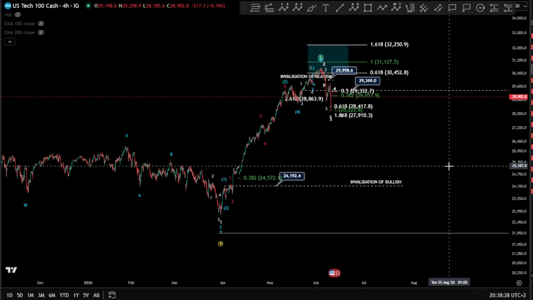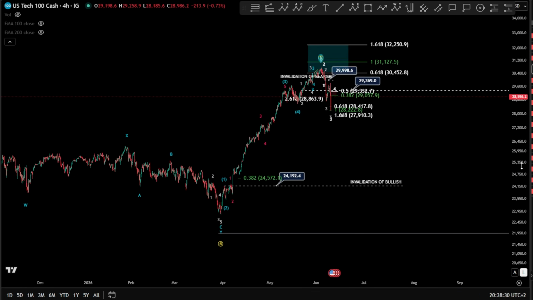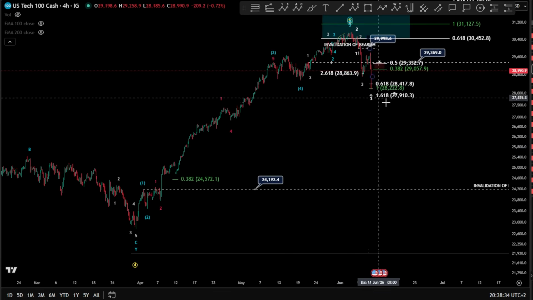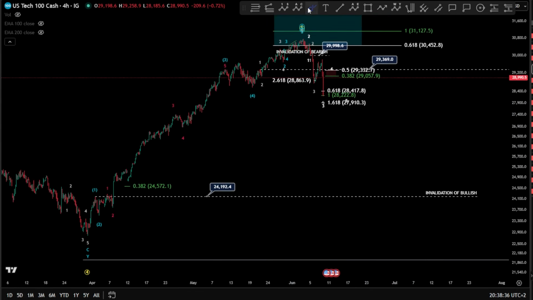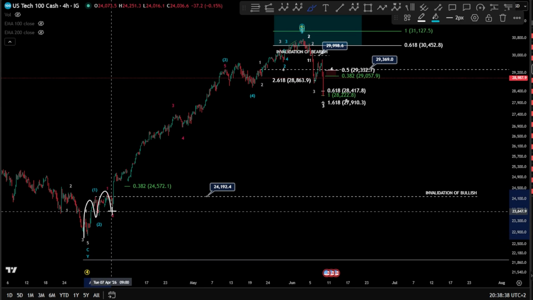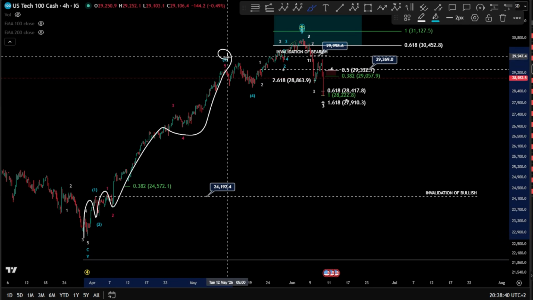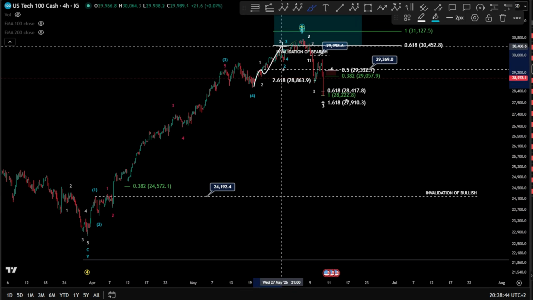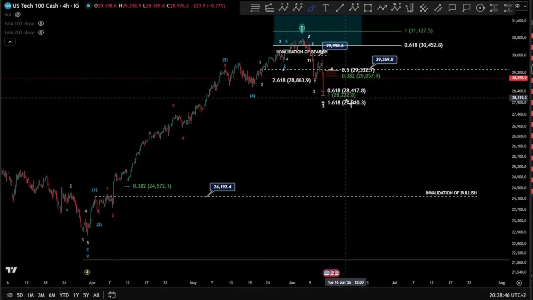As usual, we're gonna start with the Nasdaq 4 hour chart and we'll see what happened, what we might expect next, what's going on at the micro level. We're gonna see this soon. So we have 1, 2, 3, 4 and a 5. Wave 3 finished, wave 4 also as an expanding flat, and followed by a final wave 5